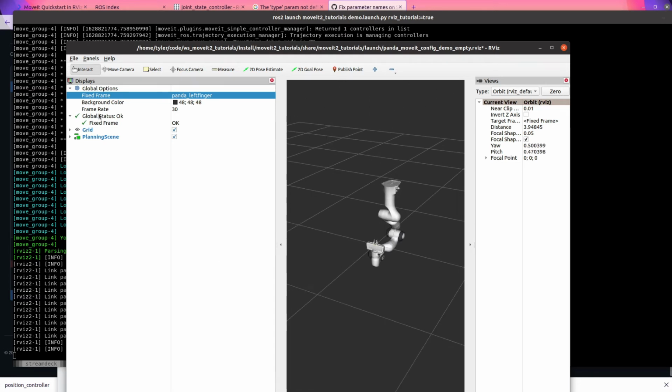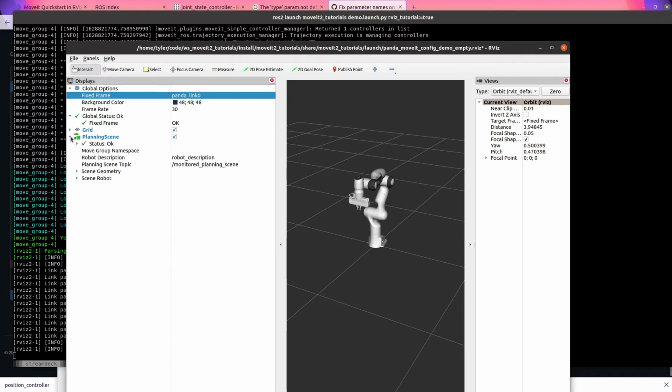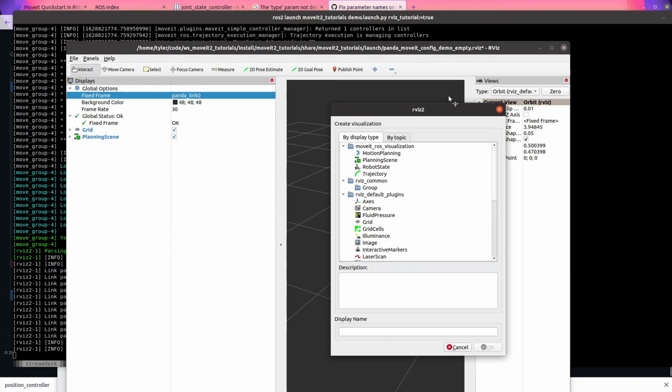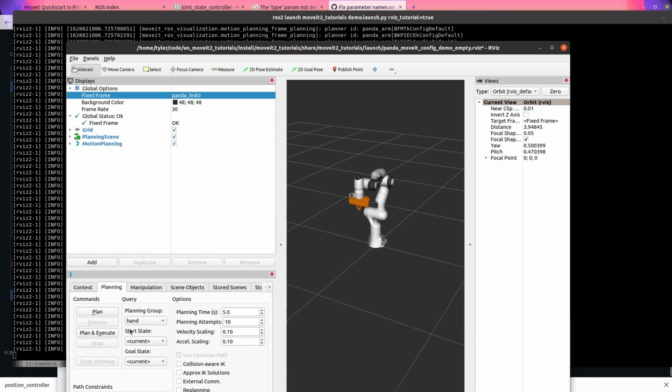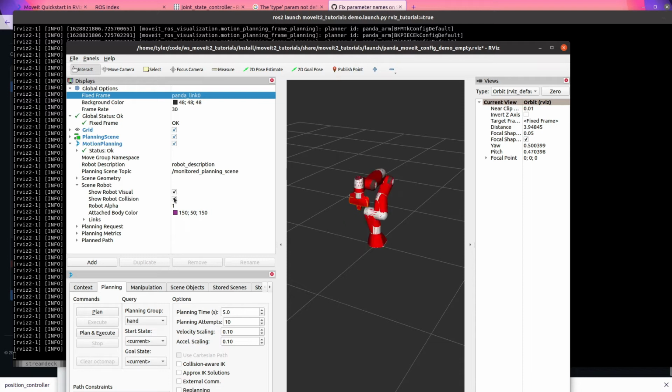Rviz config. Come on, guys. Basic things. We'll go to link 0. Yeah. And the planning scene. All right. And then we need a motion planning plugin. Think. Okay. We're getting there. And then in this one, what do we need to turn on? Show the robot collision, maybe? No, that's not